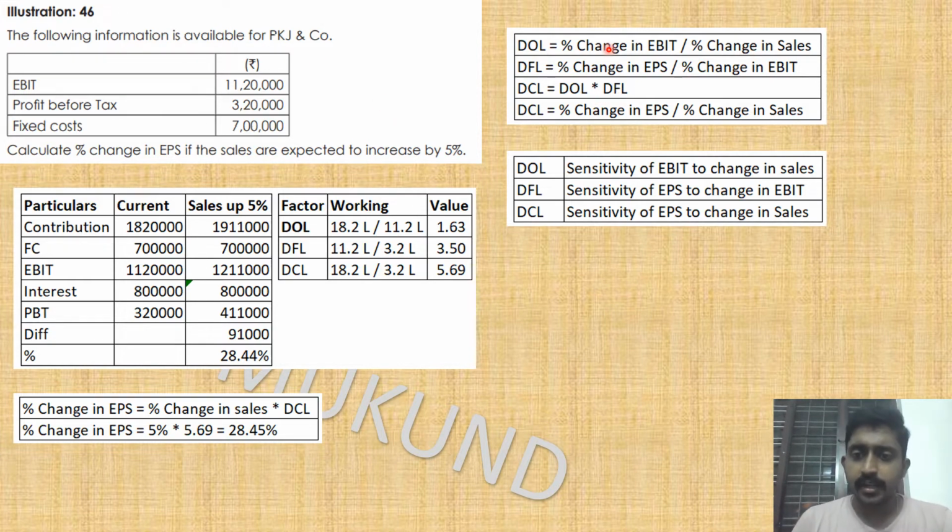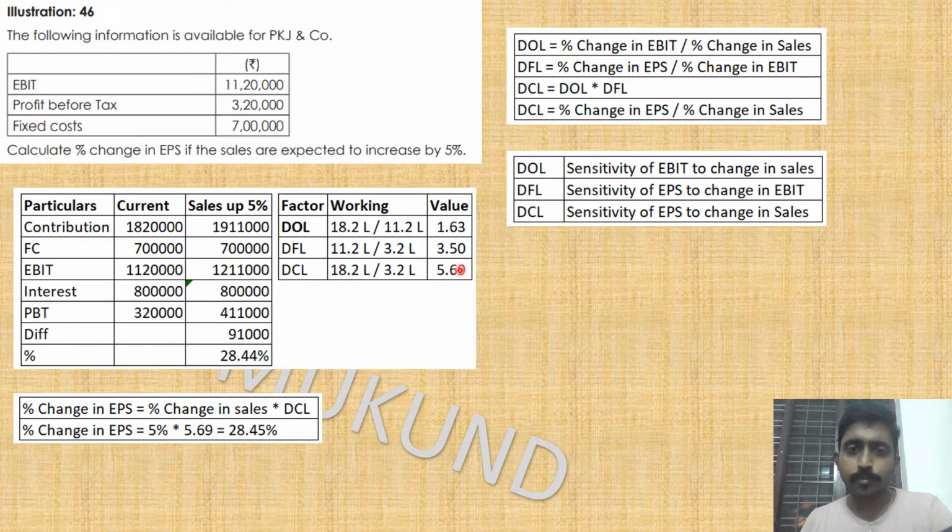So that is the degree of operating leverage, degree of financial leverage, and degree of combined leverage. That is the new formula, and we have to use it for this kind of problem. And here you can find degree of operating leverage by contribution divided by EBIT, and we have already forecasted this P&L. Degree of operating leverage can be found, degree of financial leverage can be found, and degree of combined leverage